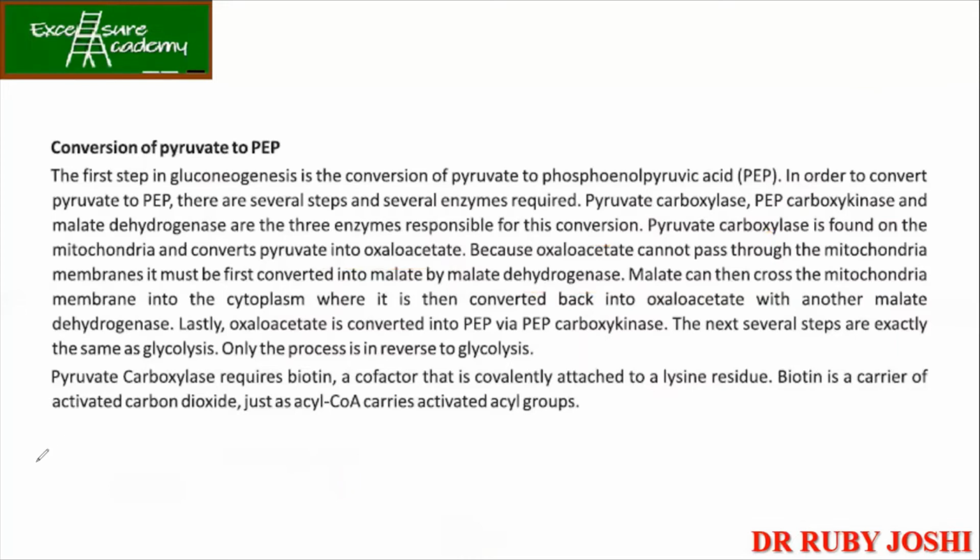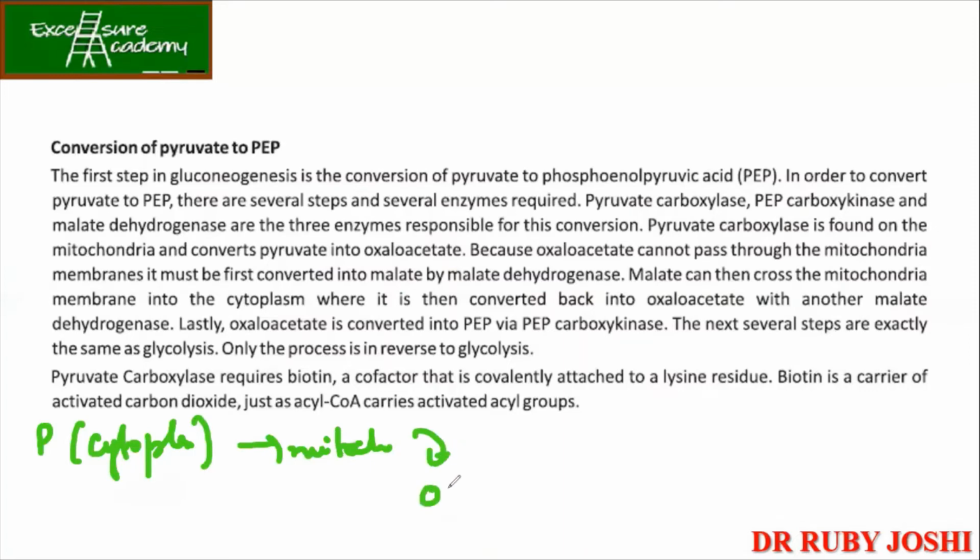So what is happening first? Your pyruvate is present in the cytoplasm. This will be taken into the mitochondria. It will be converted to oxaloacetate by which enzyme? Pyruvate carboxylase. Now this will be converted to malate by malate dehydrogenase. Why? Because oxaloacetate